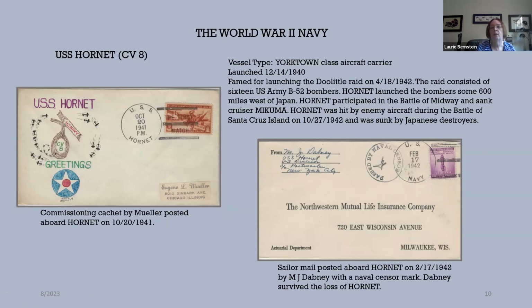She also participated in the Battle of Midway and helped sink the cruiser Mikuma. Hornet was hit by enemy aircraft during the Battle of Santa Cruz Islands on October 27th, 1942, and she was sunk by Japanese destroyers. On the left, we have a commissioning cachet by Mueller posted aboard the Hornet on October